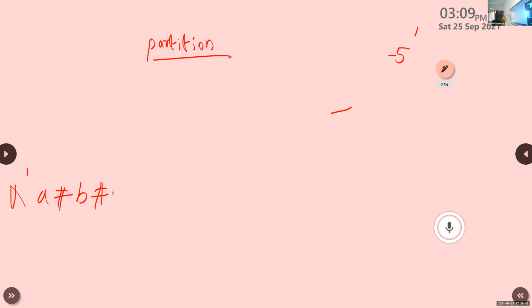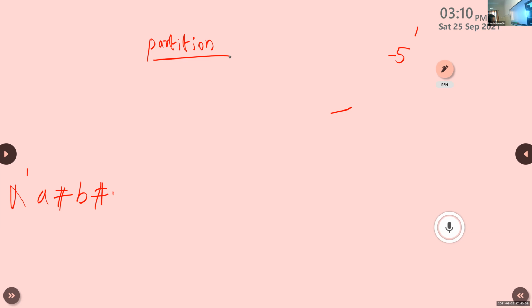The first part is the substring before the separator. The second one is the separator itself. The third one is the substring after the separator.